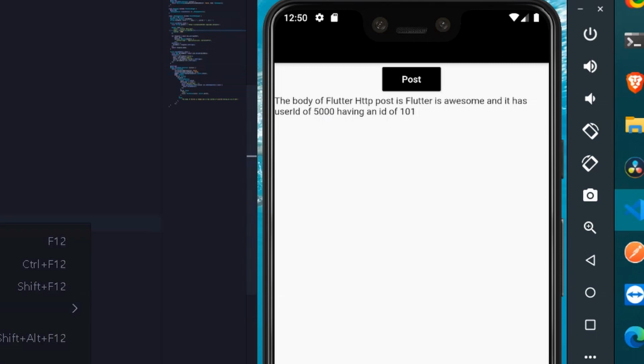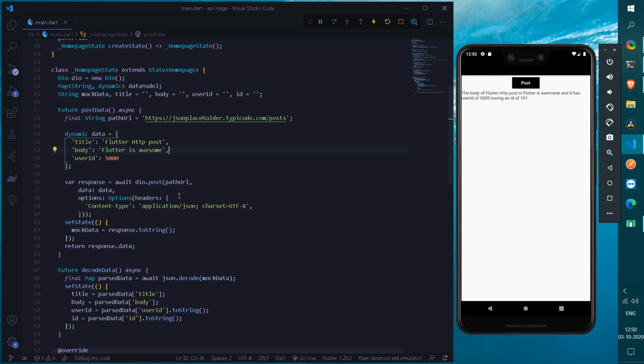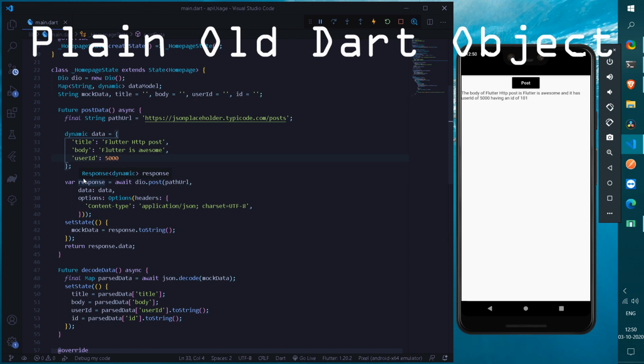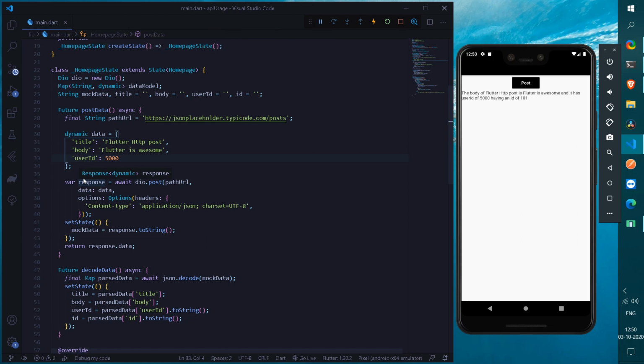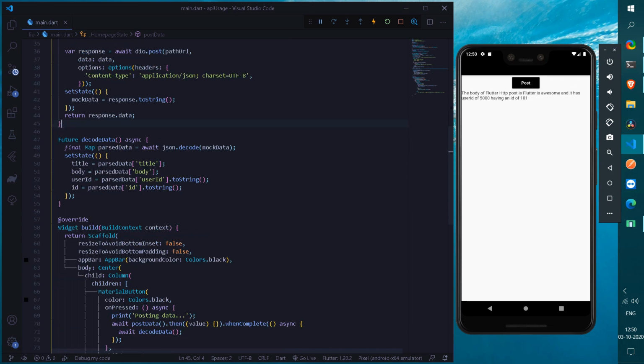Now this is a simple way of decoding all of the data which you will be receiving from the REST API. This is just a simple example, where we are not getting a list of data but just a JSON template. There are going to be various scenarios where we will be getting a huge list of data, and we need to construct a PODO class, which is a plain old Dart object class, for decoding all the data, and the data shall be auto decoded under a JSON serializable. This was just a small example of how we can decode simple JSON template data in the form of this body. So this was all about this tutorial where you can decode all the data.